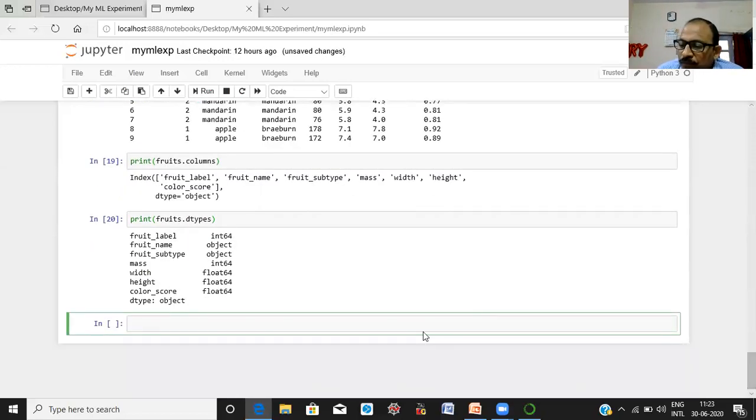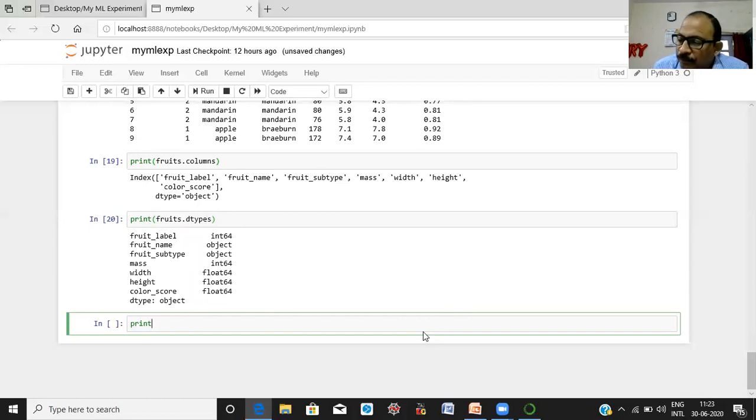Suppose you are interested to know the different types of values in a specific column.